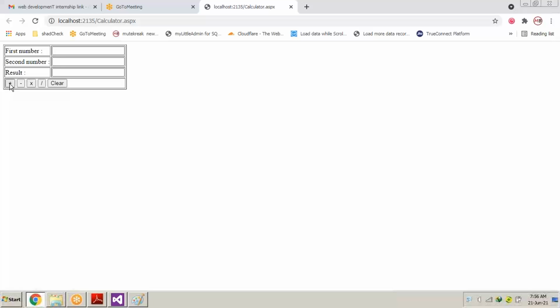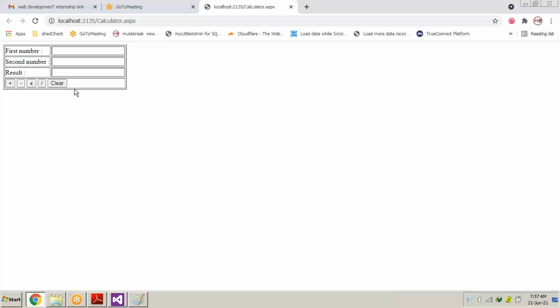Everybody will know that if we press the plus sign, the result will be the addition of the first number and the second number. And if we click clear, all three text boxes will be washed out of every data and will be clear as before.